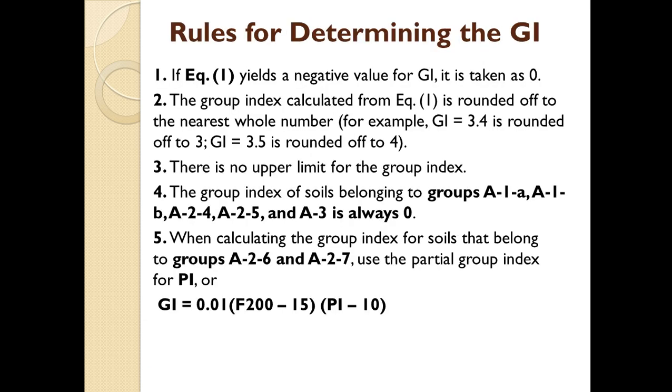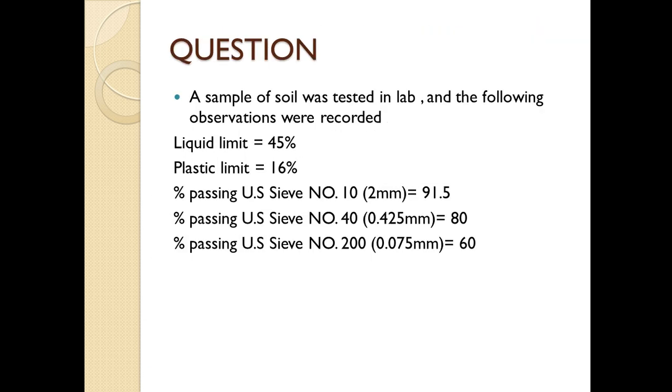This will make your work easy. Okay, so that was all about my explanation. To make you understand more perfectly, I would like to take a question. A sample of soil was tested in the lab and the following observations were recorded. The liquid limit of my soil is 45%, plastic limit is 16%, percent passing US sieve number 10 is 91.5%, percent of soil passing US sieve number 40 is 80%, and the percent passing US sieve number 200 is